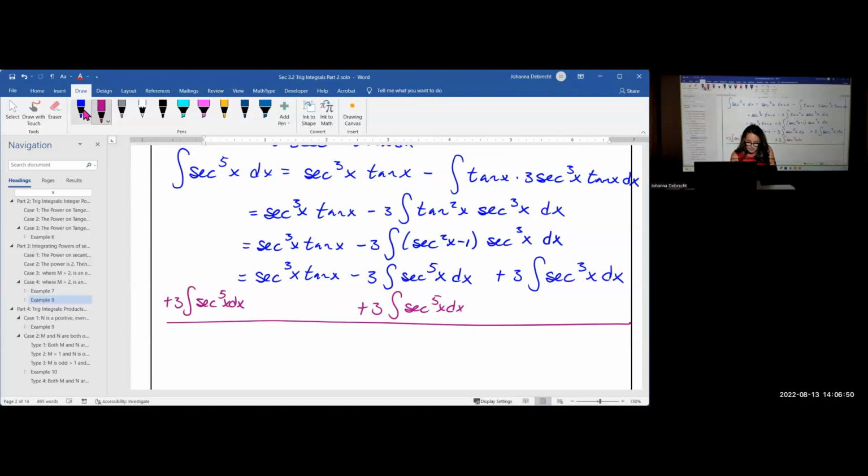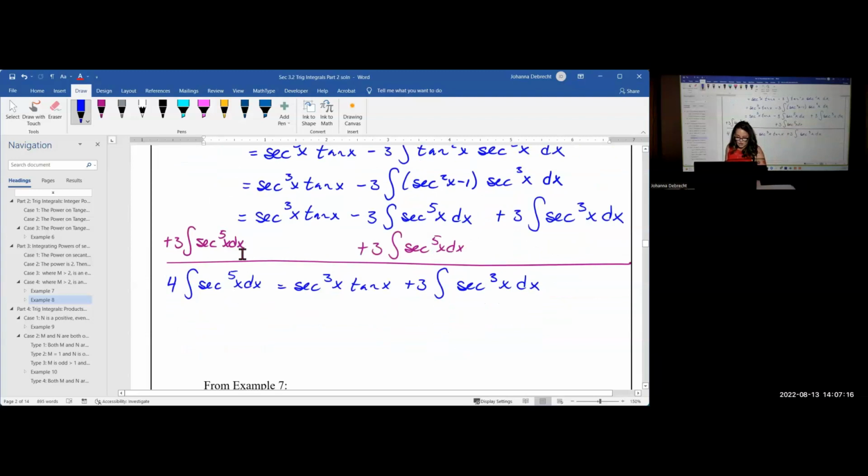Now let's see what we get coming down for the next. I had 1 up here and 3 there, so that gives me 4 integrals of secant to the 5th of x dx equal to secant cubed of x, tangent of x. I don't want to change too much at one time, plus 3, the integral of secant cubed of x dx. Now we've already worked that one out, so let's go ahead and remember what we got for that one, and